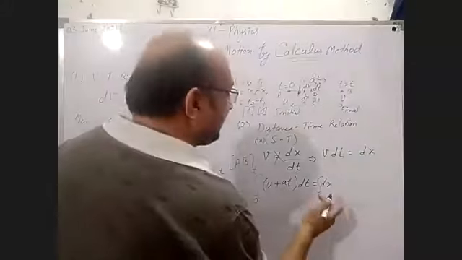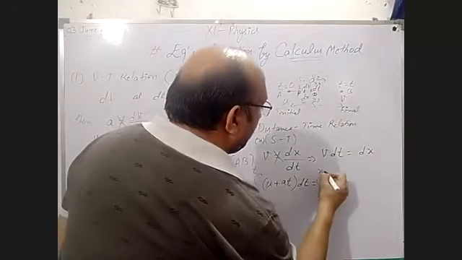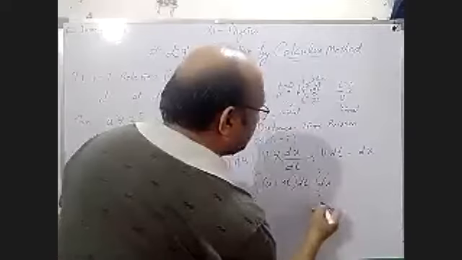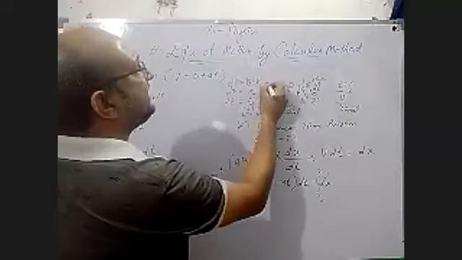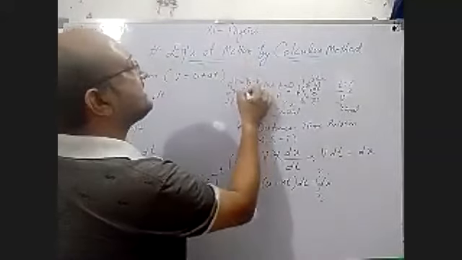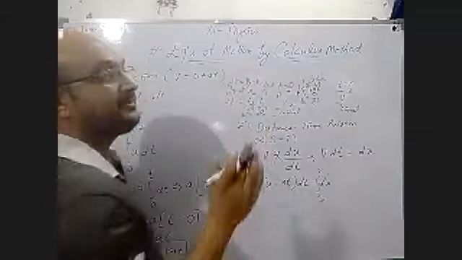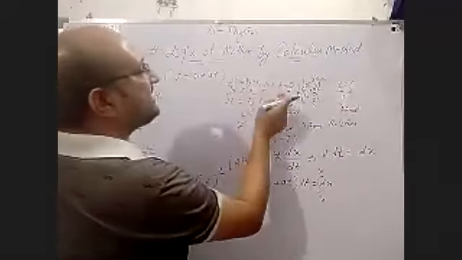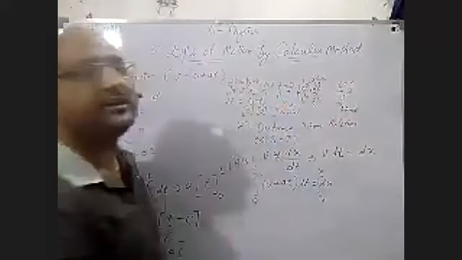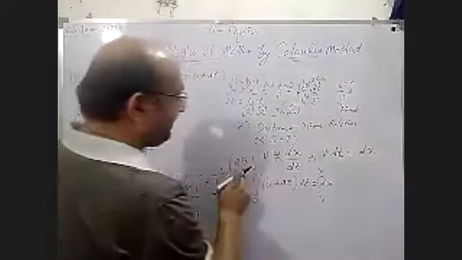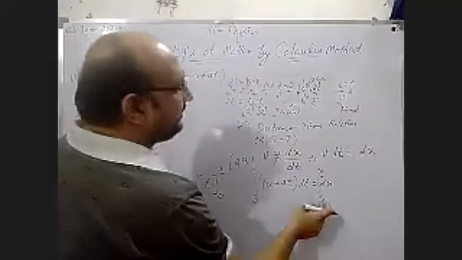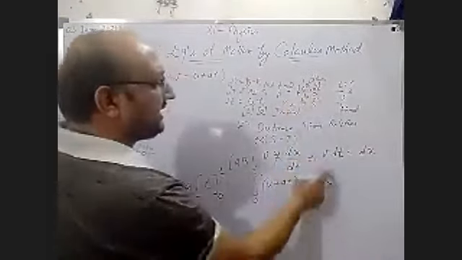And integration decides how the values are taken. Suppose 0, x0 to x, here x1 we can take as x0 and x2 as x. Now x0 and x represent the AB portion, x2 minus x1 represents the PQ portion. Okay, so in this way we can vary these limits. For AB we are taking x0 to x. If I am writing PQ, then we have to take x1 to x2 limit.